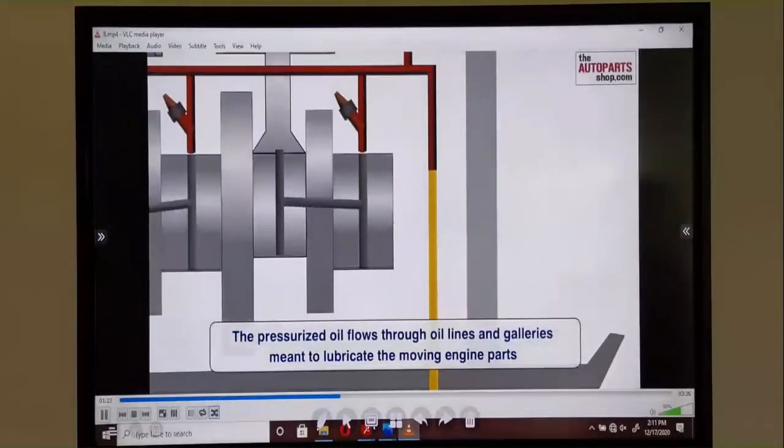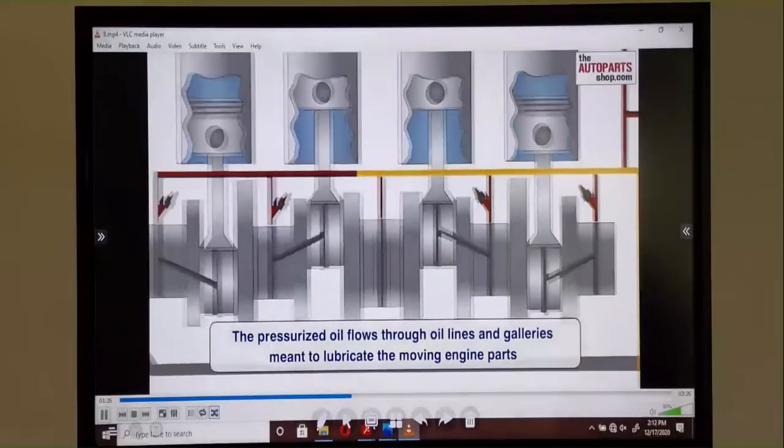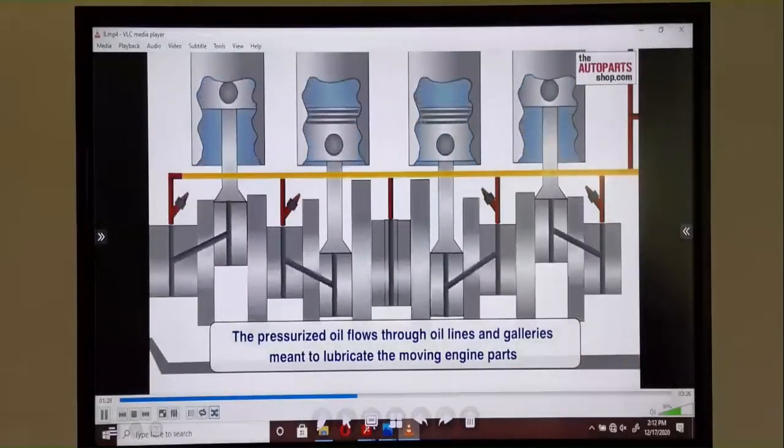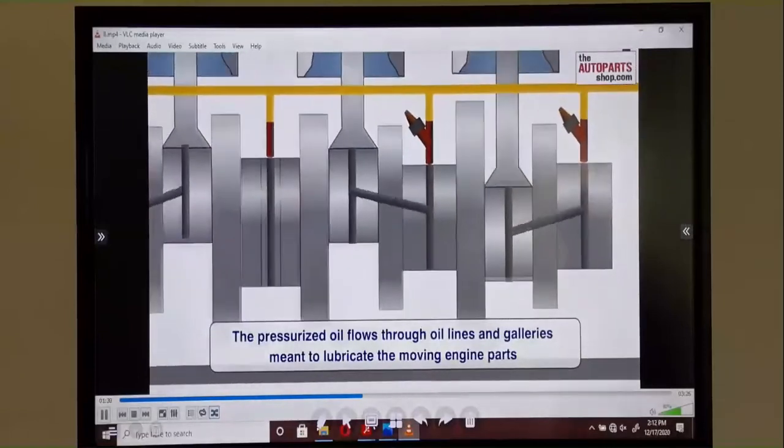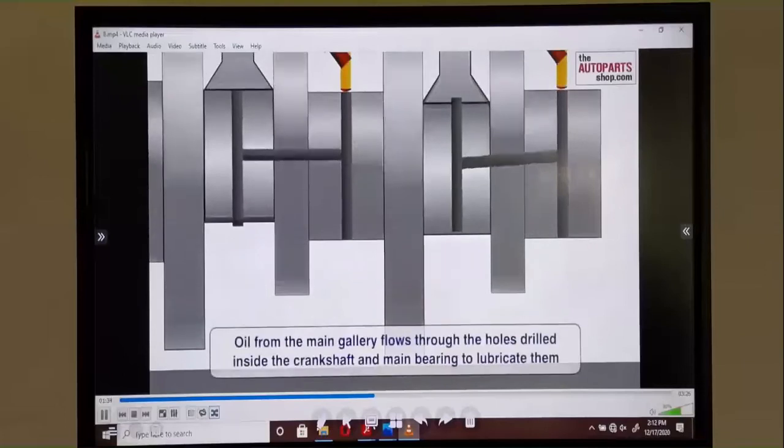What do you mean by pressurized? Because the oil pump is working, the oil is pressurized. Okay. So it's going when the